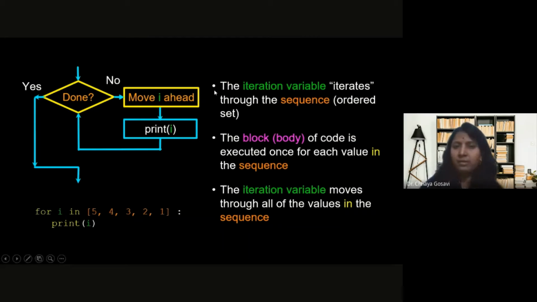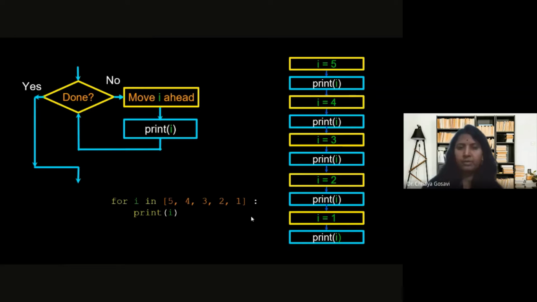Again, the iteration variable iterates through the sequence, which is an ordered set. This is the block body, and every time it increments the iteration variable by 1 till all the values of that sequence. So this is how it executes.